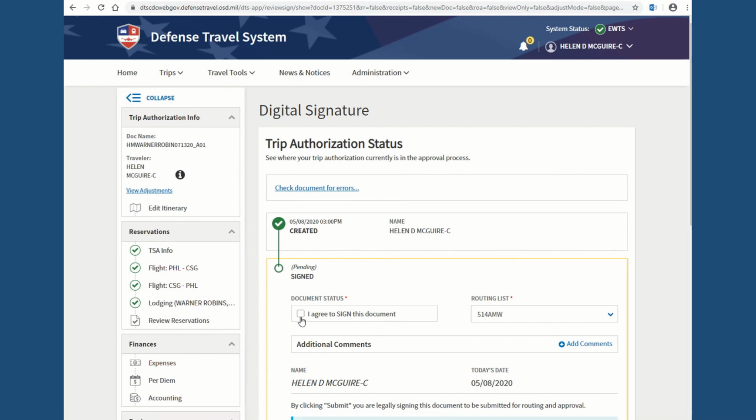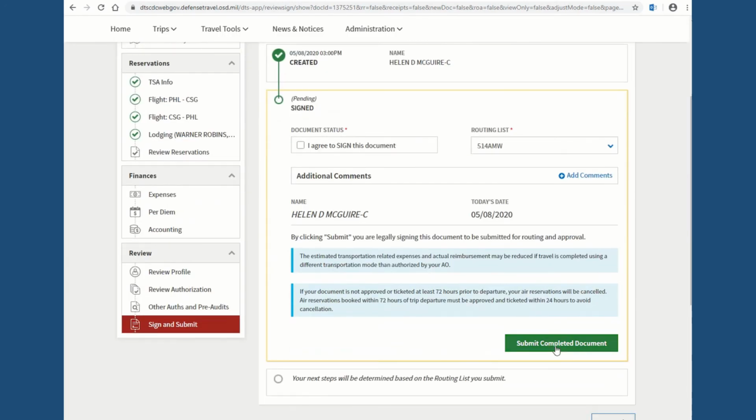So before you sign an authorization, you want to make sure you have the highest cost to the best possible guess of how much this trip is going to cost, to make sure that you're requesting enough funds from the budget office. So once you do that, you would hit select, I agree to sign, and you would submit the